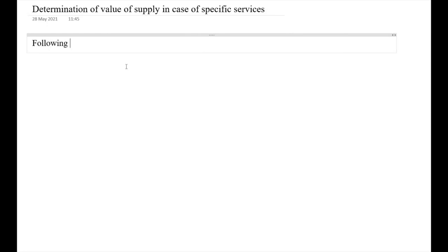Following are the transactions of money changing of Global Money Express Limited: purchased 8,000 euros at €1 equals to rupees 70, sold 25,000 US dollars at rupees 61 per US dollar,